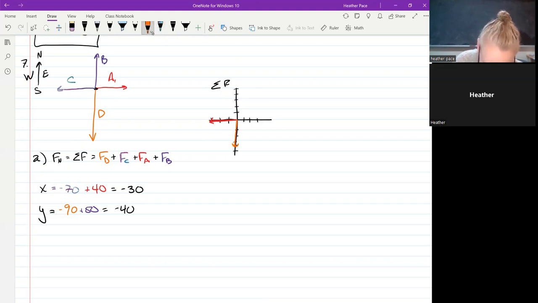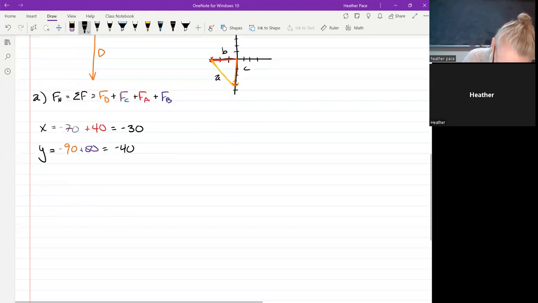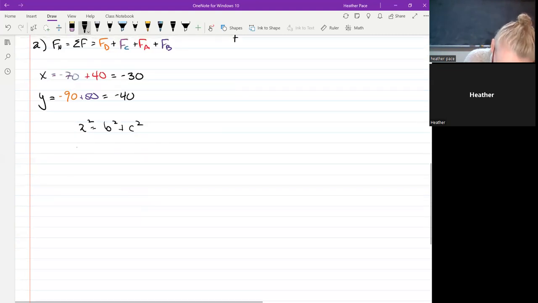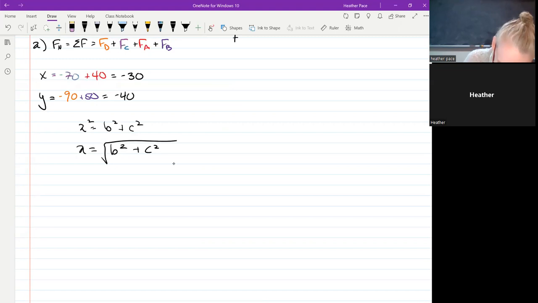It's going to be the hypotenuse of our triangle. And if you recall, A squared equals B squared plus C squared. So this is A and this is B and this is C. So A squared equals B squared plus C squared, or A equals the square root of B squared plus C squared,